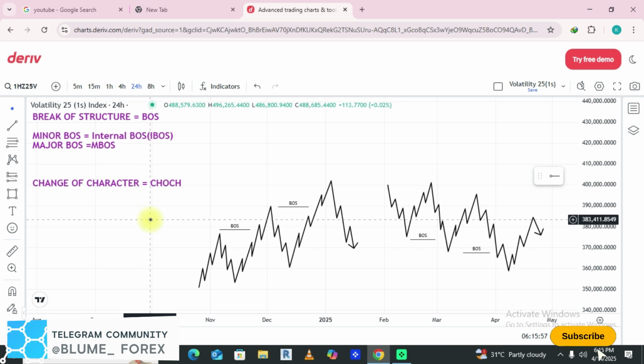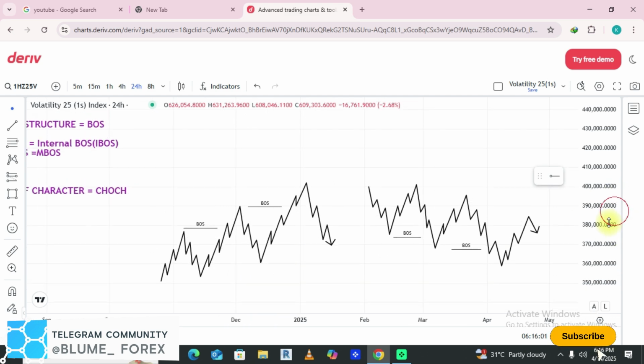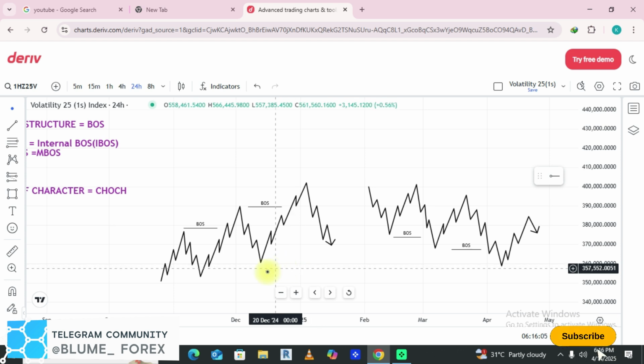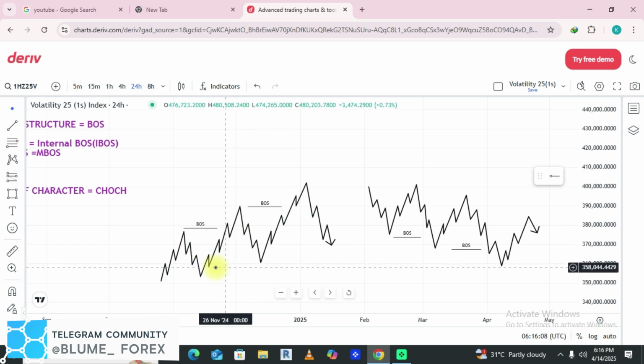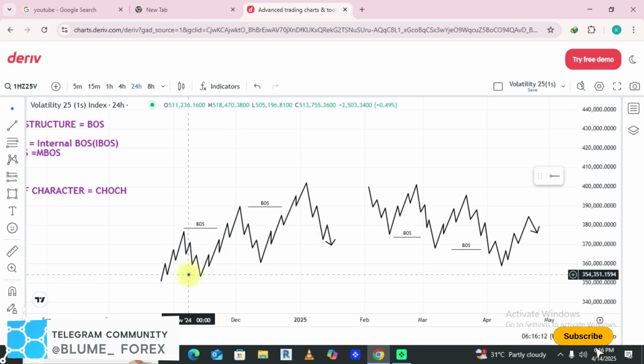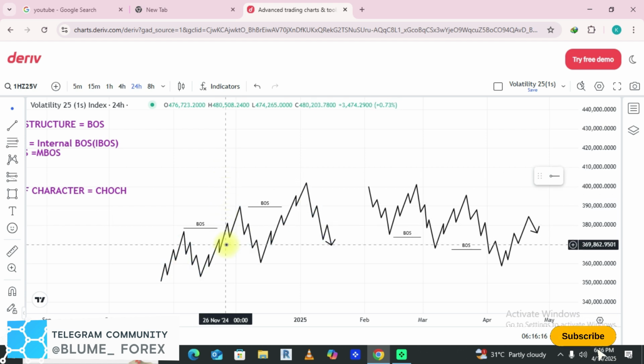So IBOS is internal break of structure. That is, with break of structure, I said the market breaks structure in its intended direction. So if the market is pushing to the upside, it keeps on breaking structure to the upside. In an uptrend market, we don't have break of structure to the downside. The downside break of structure, we'll talk about it, right? Something has to happen before we switch to downside break of structure. Once we start breaking structure to the downside, we are in a downtrend market. Once we start breaking structure to the upside, we are in an uptrend market, right? So